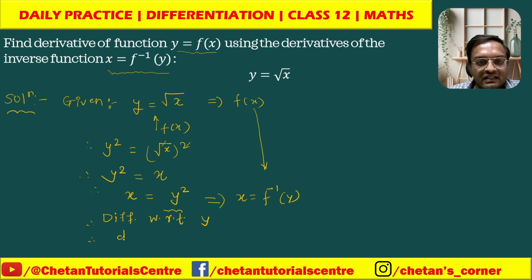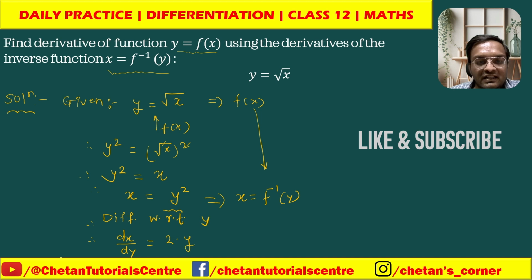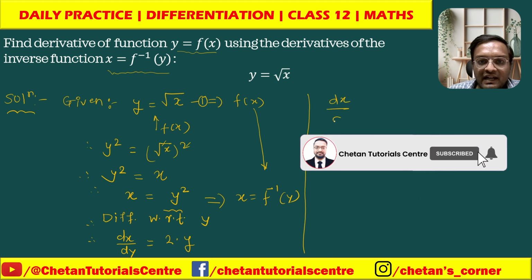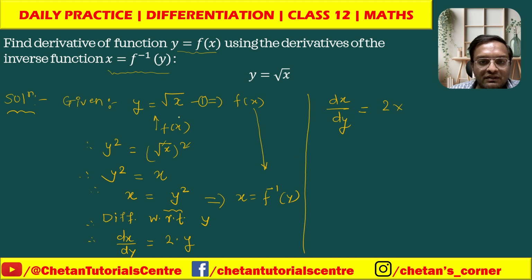Then what will I get? dx by dy is equal to the derivative of y square, which will be 2 into y. Now I will mark this as equation 1. So using equation 1, what will I get? dx by dy is equal to 2 into, from equation 1 I will put the value of y, that is under root of x. Now using the theorem